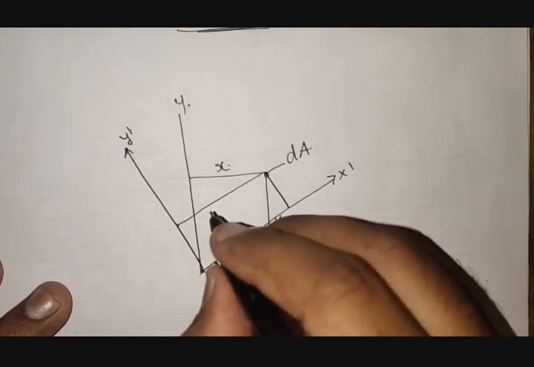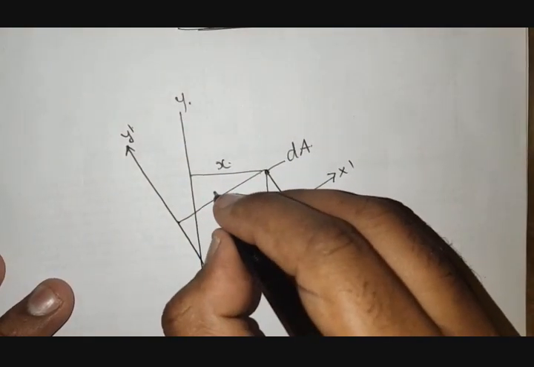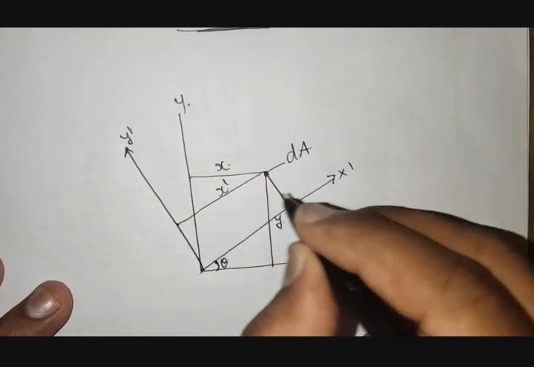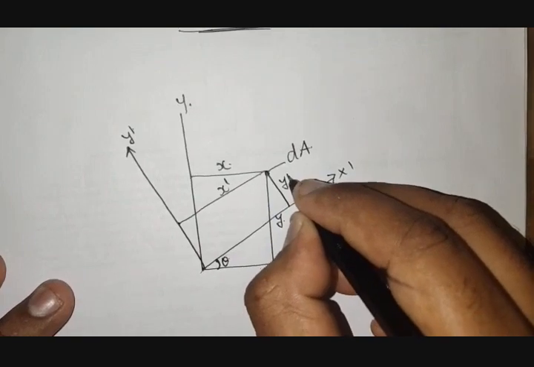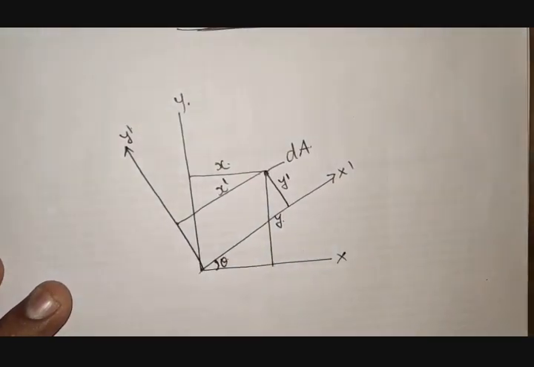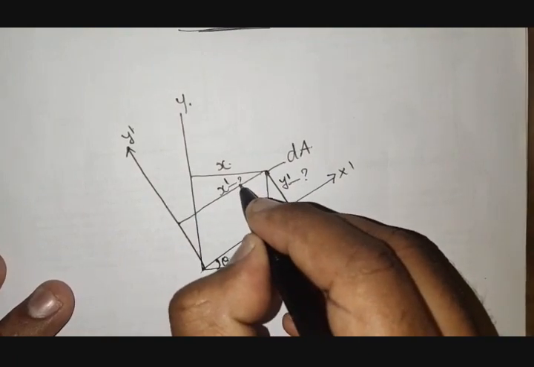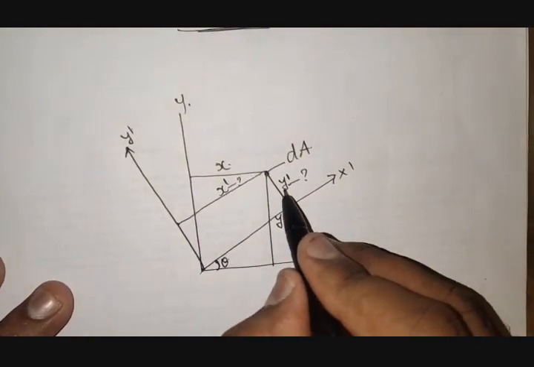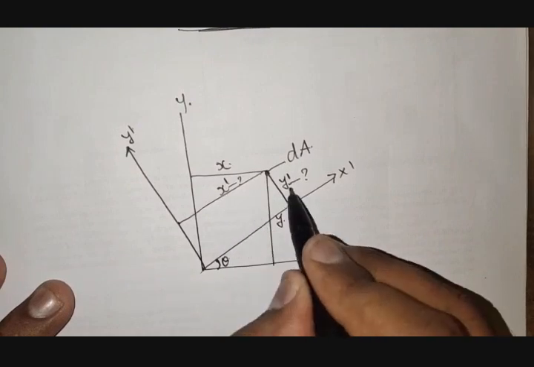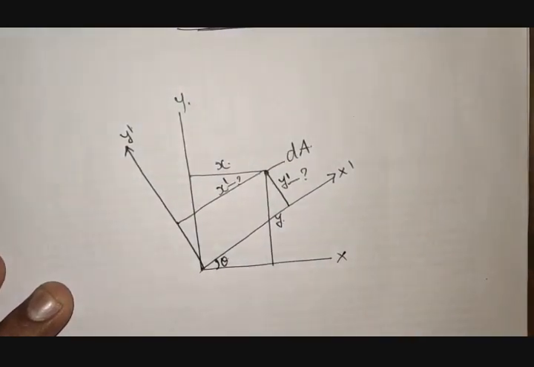So the section is going to build up like this, nothing but the total part is going to build up like this. Then here the value of x dash is going to come up, and here y dash is going to come up. So here we have to find the values of x dash and y dash. We don't know these x dash and y dash values, so we have to find them out. Now I will denote these conditions.